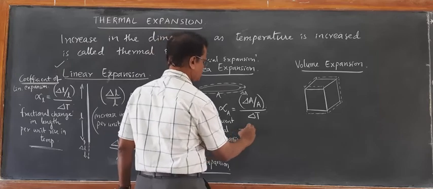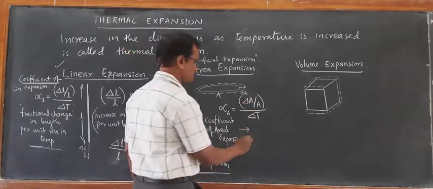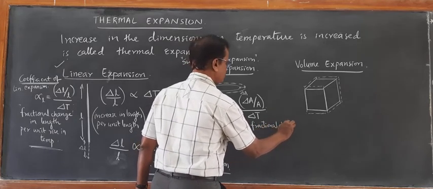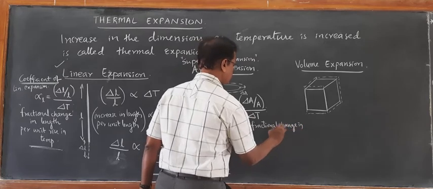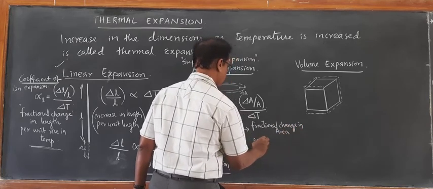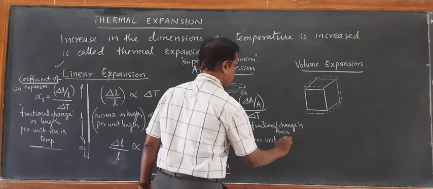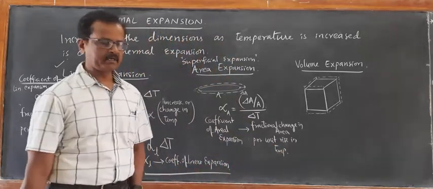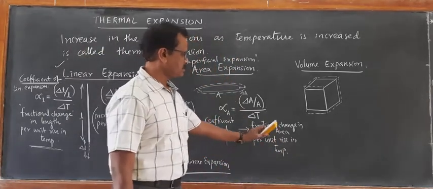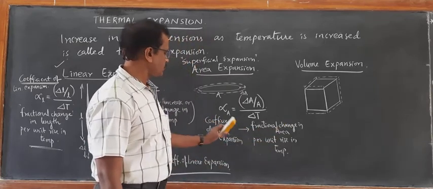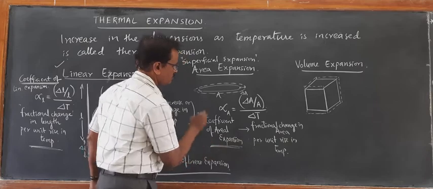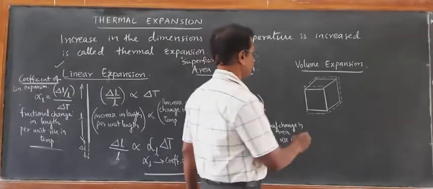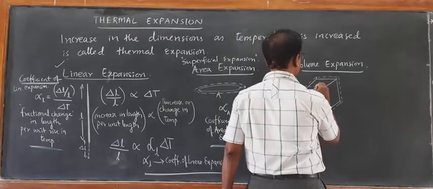So this can be written as change in area per unit area, which is also called fractional change in area per unit rising temperature or per unit change in temperature. Fractional change in area per unit change in temperature is called coefficient of area expansion. In this case, since the entire volume is changing,